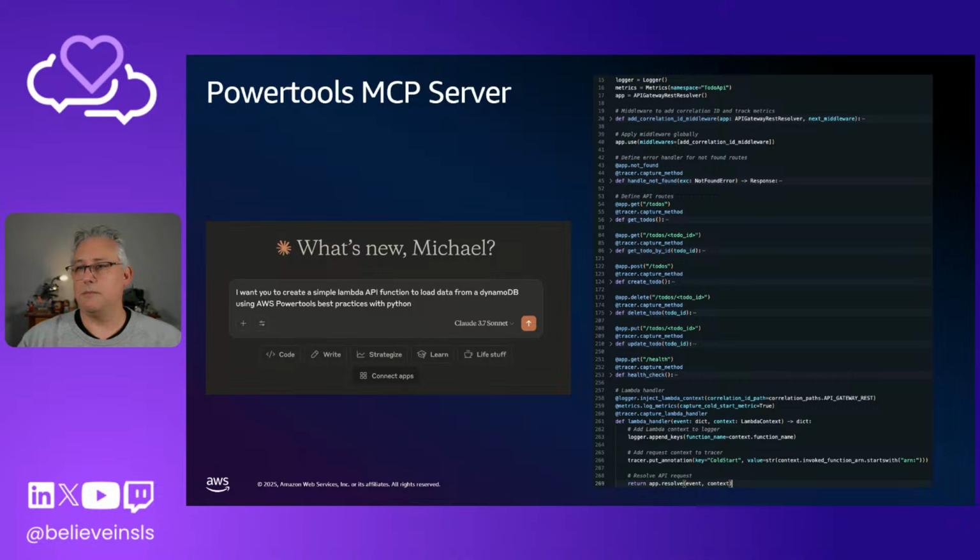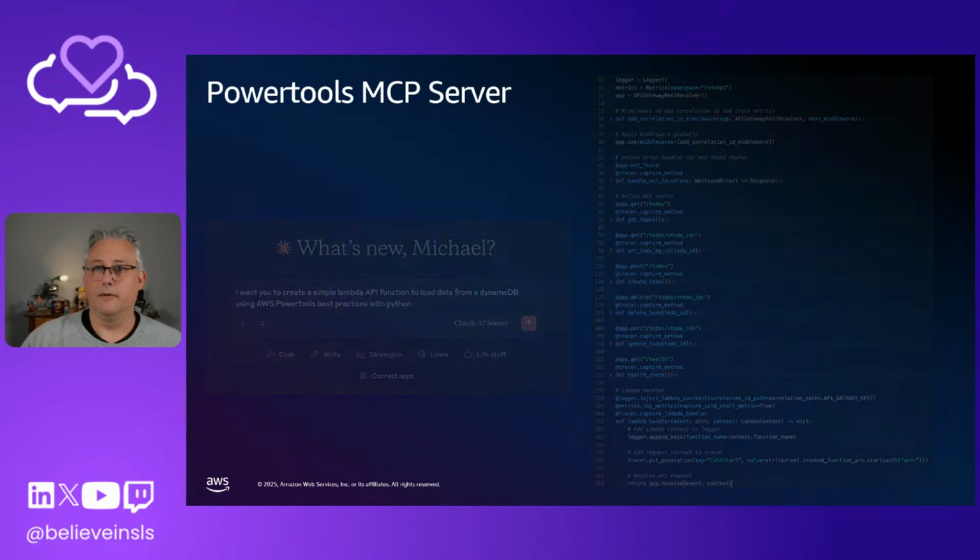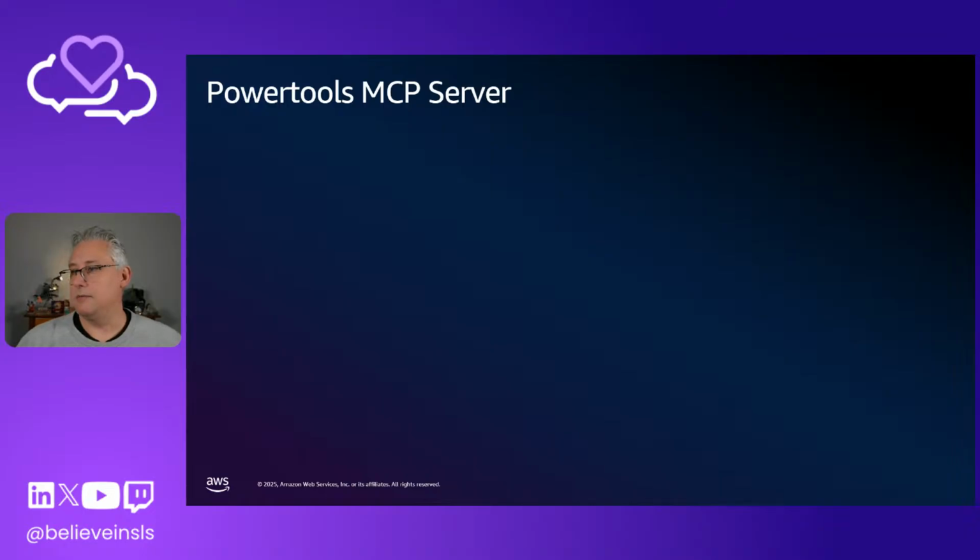Now I've collapsed some of these examples, but the whole idea here is it's dragging in loggers, metrics, it's bringing in the API gateway resolvers, it's creating real code in an idiomatic way for Power Tools, from a FastAPI kind of view and vibe from Power Tools, right? And this is really good. I was really excited to see this outcome. And it said to me, well, there's more to giving good context to your AI to effectively write code. So I created the Power Tools MCP server.